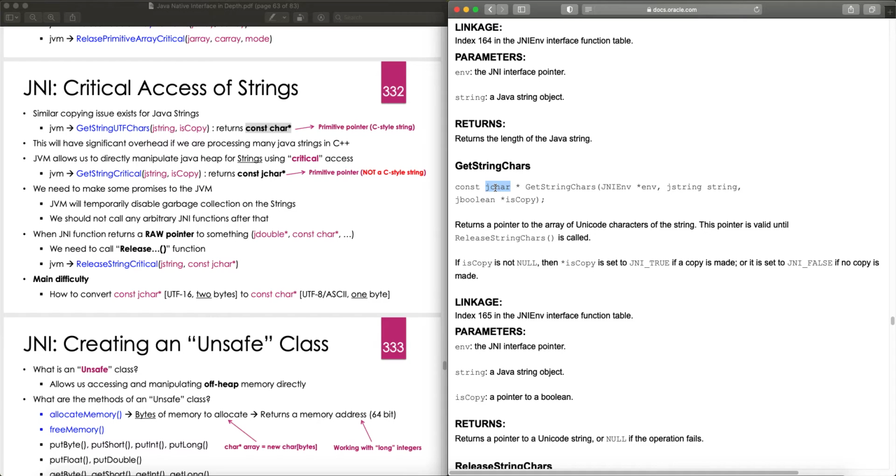it's a null termination. And again, this whole business of jchar pointers in C++ is messy. So I always recommend to use the GetStringUTFChars and directly ask the JVM to give you a const char pointer. So the JVM basically creates a copy and then converts that jchar array to a UTF-8 character array, and that gives you a